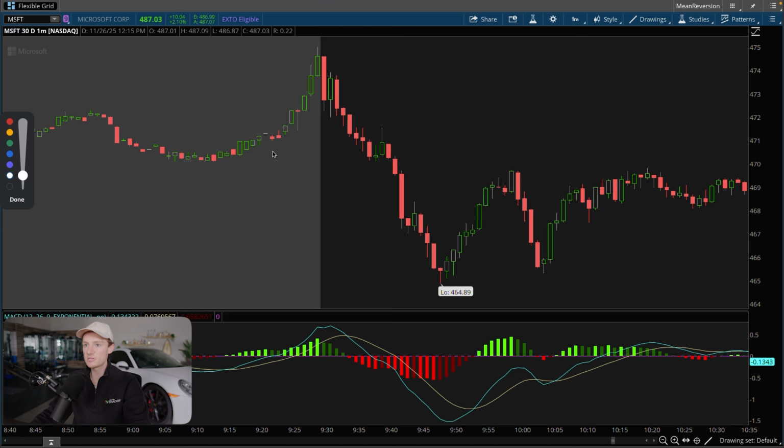So look at this. Microsoft heading into the open was rallying. We were pushing up. Off of the open, we started selling off. You could see MACD crossed here. We started dying out. We started seeing red. We converged, which means we came together, and then we started coming apart. And so this would have been our entry, okay, our entry on shorts. So at that point, we go ahead, we buy our puts, and we trade the move down to just about